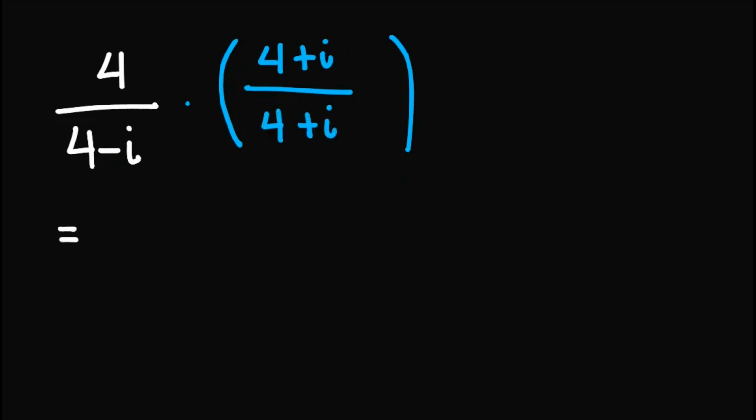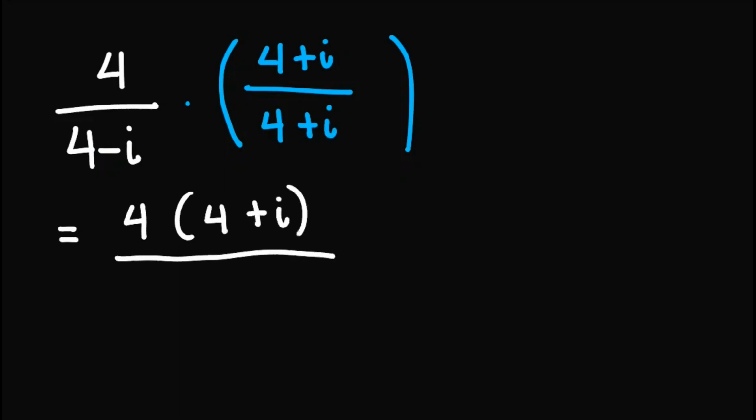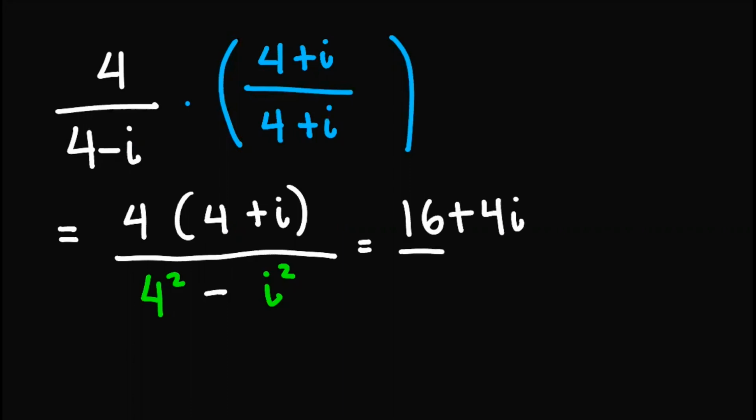So in the numerator, we will have 4 times 4 plus i all over, in the denominator, we'll have the square of the first term minus the square of the second term. This one is equal to, simplifying the numerator, so we distribute this 4 out here. That will give us 16 plus 4i. And in the denominator, we have 4 squared is